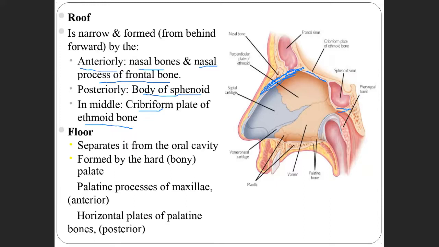The hard palate. Okay, one. So this hard palate is made up of, what all the bones involved in the hard palate? That is the palatine process of maxillary bone and the horizontal plate of palatine bone. So when you see the palate, you have two bones. When you study in the lab, I have shown, when you see the hard palate, there are two bones lying straight and two bones below horizontally.